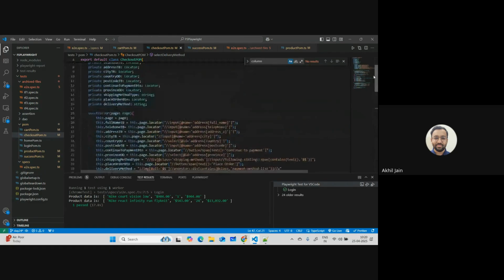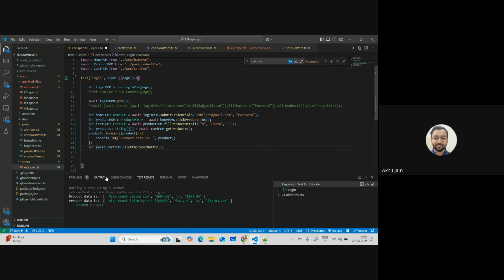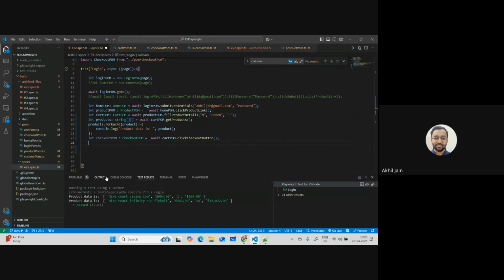Let's just complete our test case. So we are here. We were clicking on the checkout button, right? And what you will get is a checkout form, right? So let's collect it here. So I'll say let checkout form equals to this. Great. Now what we'll do is we'll say checkout form dot fill address details. Now fill address details would be